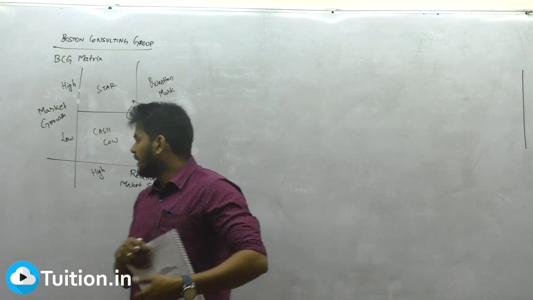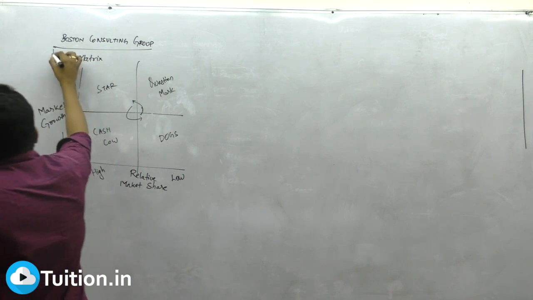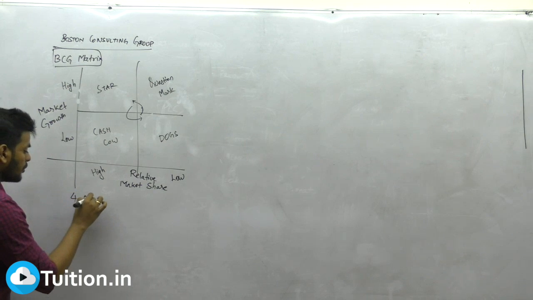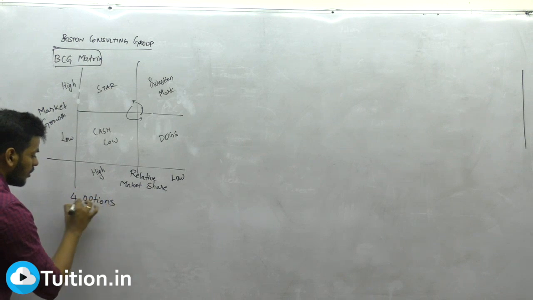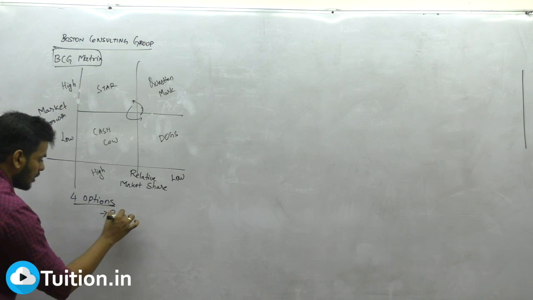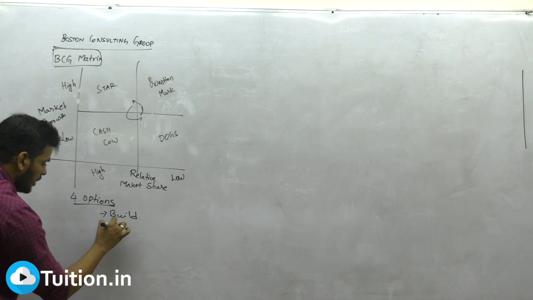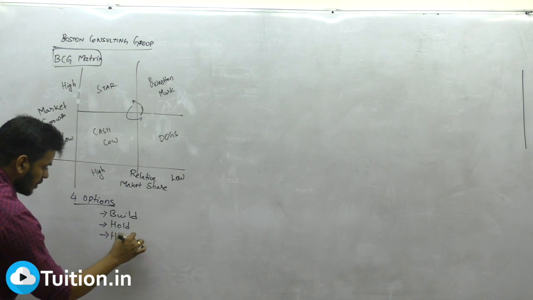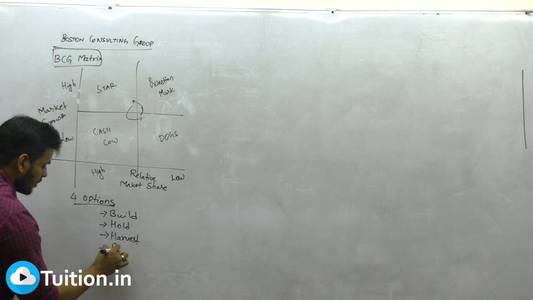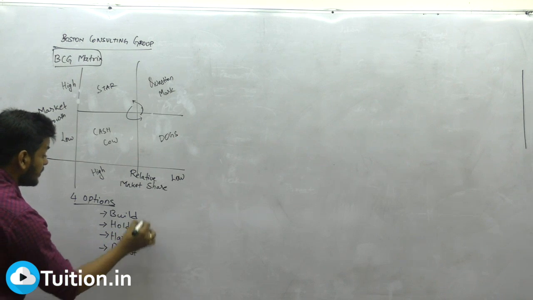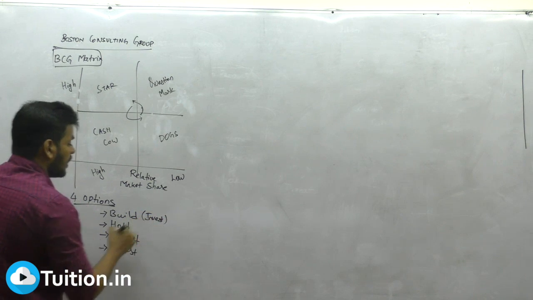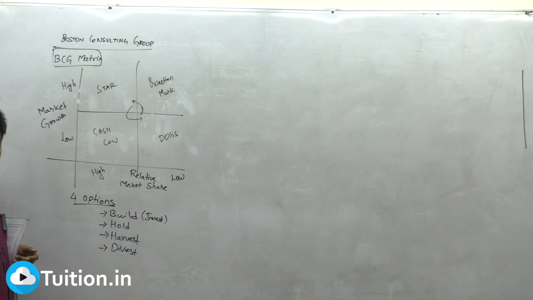So guys, at the end of the day, the BCG matrix after it's been constructed leaves us with 4 options. What are the 4 options under BCG? Build, hold, harvest and divest. Build is nothing but, in other words, to invest. Hold is not doing anything. Which one will you hold? Now tell me, comparing these, what will you do with each of them?